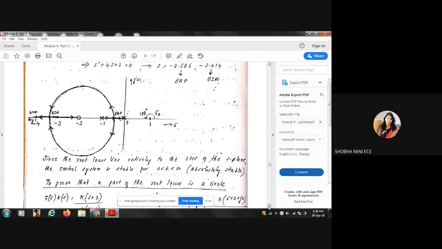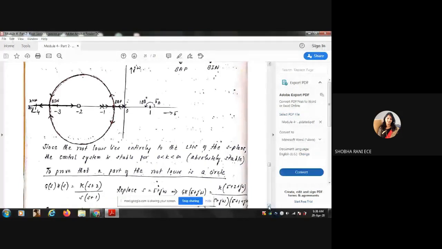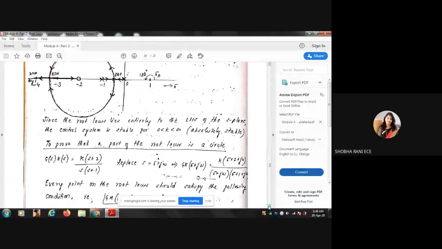Many times in the examination, this type of question has been asked, and usually in each question there will be two sub questions. The first question will be to sketch the root locus, wherein you get the circle, and this part will be for 10 marks. In the second part they'll ask you to prove that the root locus is a circle. So many times the question has come in such a way that just one problem you will be getting full 20 marks.